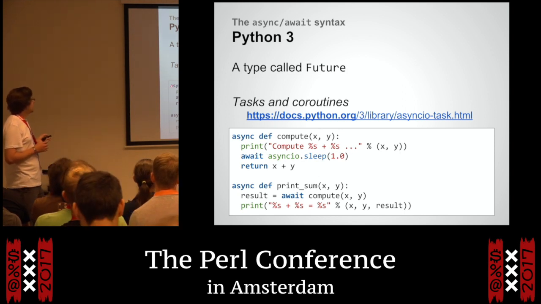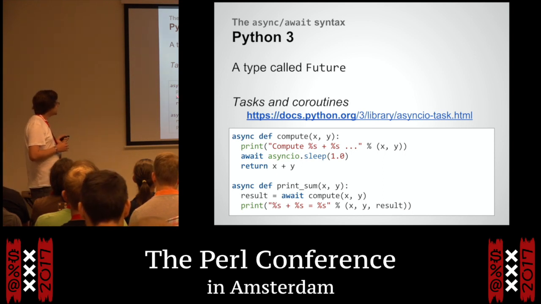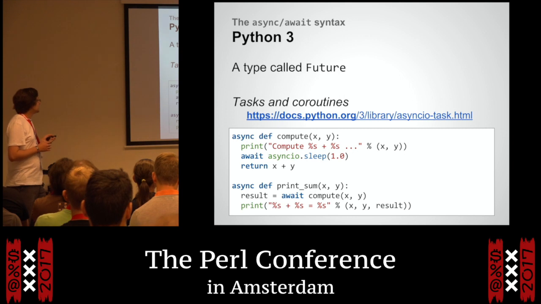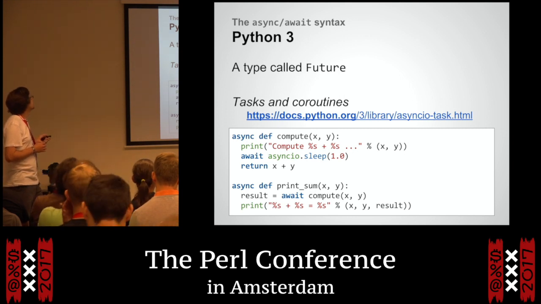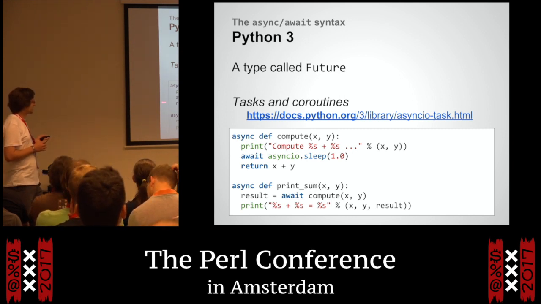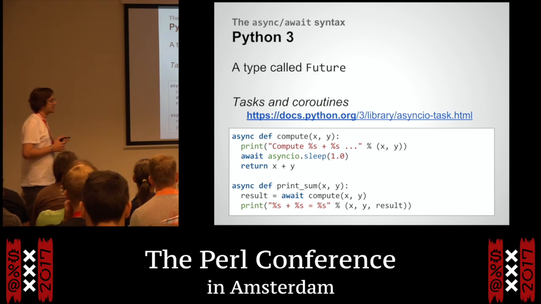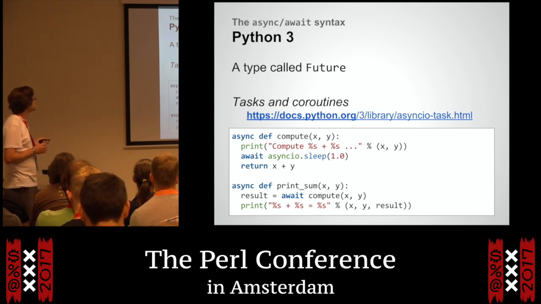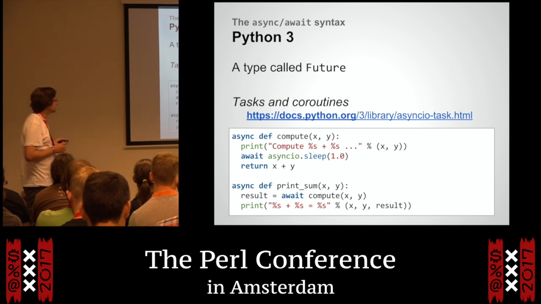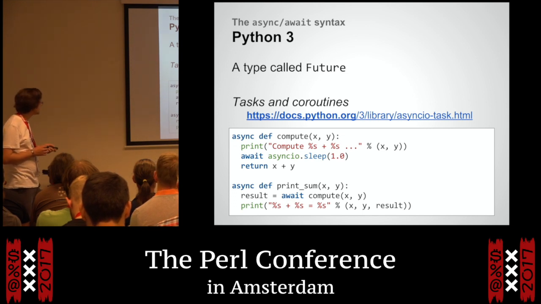So again, the word async appears at the beginning of the function definition, and inside it there's this keyword await. Now this one here is just waiting and doesn't return a result. That's basically an async sleep, it's just waiting for a second, returning a result. And this one here is then waiting for that one and prints a result. So this isn't actually a very exciting example, but it shows off the syntax just as well.